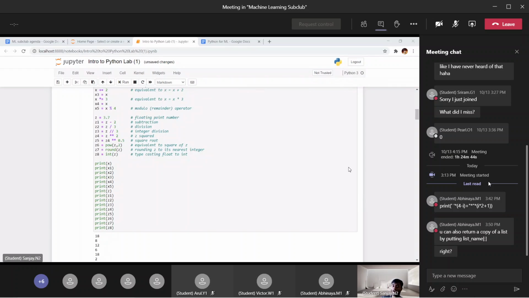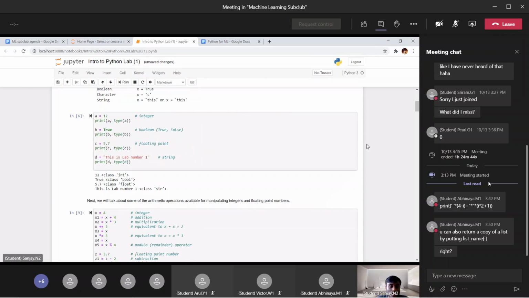You can also return a copy of a list by putting the list name. Yeah, you can. Sure. But you can also just define a temporary list that's equal to that. Either way, it works, to be honest. But anyway,